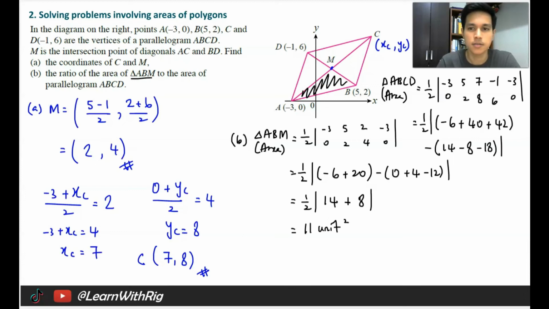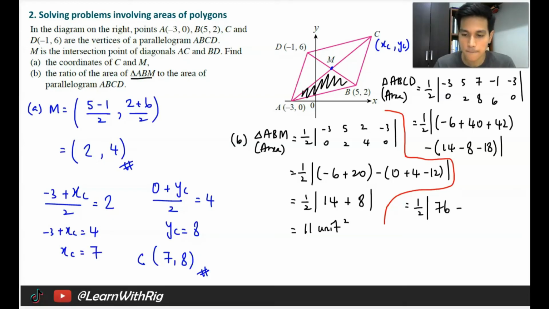Okay, wait, let me just write this here so that you don't get confused. Okay, so this is separate. My bad, I got no space here, bear with me. So I'm going to write down here so that all of us can see clearly. So negative 6 plus 40 plus 42, you should get 76, minus 14 minus 8 minus 18, you should get